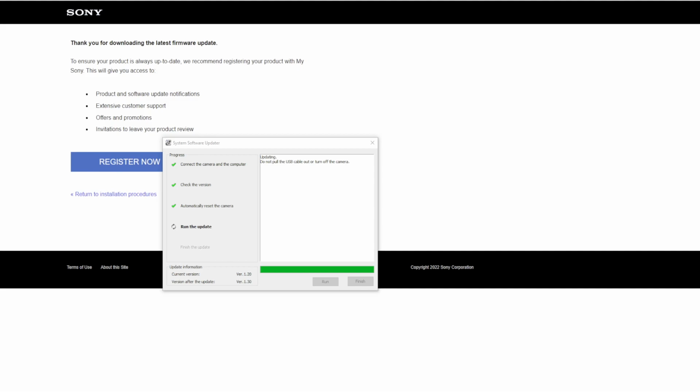There we go, so it's completing it now, hopefully. Maybe I didn't have to rush. It's taken about 5 minutes in total, just so you know. And once it says finish, we can push the finish button and it's complete. The camera will restart, and then we can have a quick look and see how it actually works, because